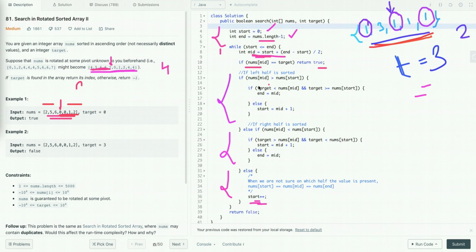If it is, then return true, else search in left half. If left half is sorted and if target value is present in left half, search in left half, else search in right half. If right half is sorted and the target value is present in right half, search in right half, else in left half. Else, if this case has occurred, then simply reduce the search space.